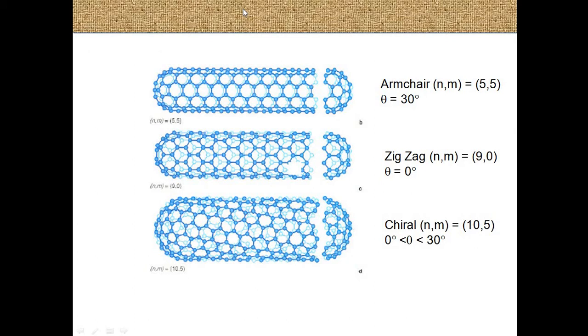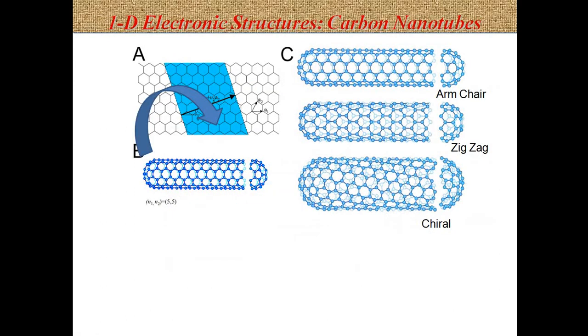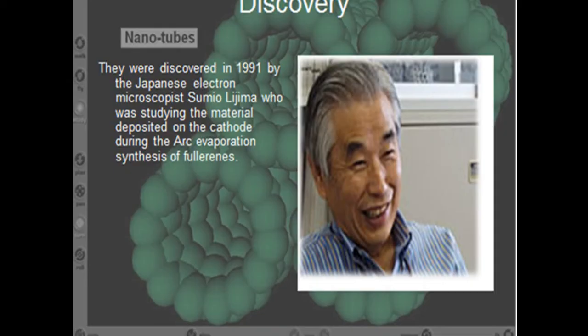So we can see it may be a closed end, it may be an open end like this. So depending upon the formation of the tube or the condition of the reaction, either open-ended or closed-ended tube formation takes place. So this is the single armchair, this is the zigzag, this is the chiral, either open-ended structure or closed-ended structure. So this is the one-dimensional electronic structure of carbon nanotube, as shown by the rolling up, how the armchair, zigzag and chiral carbon nanotube formation takes place.